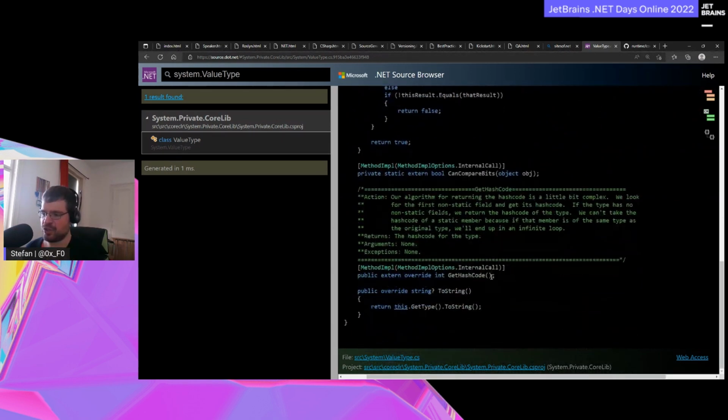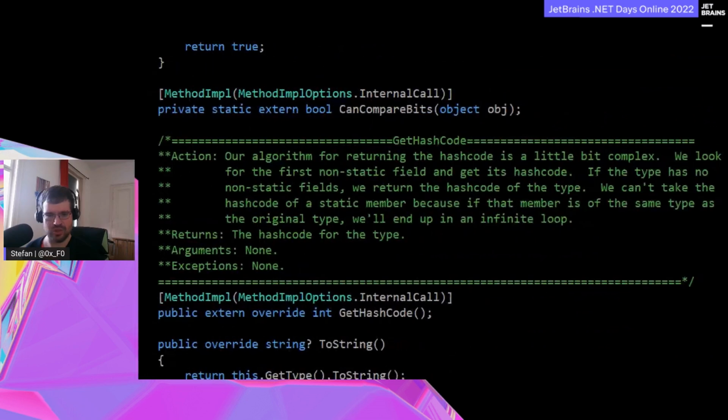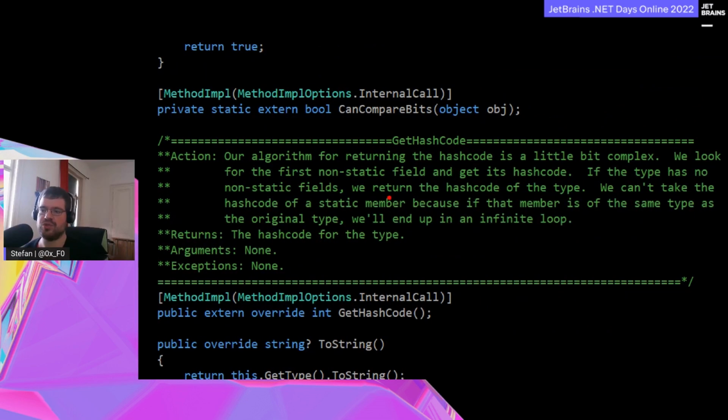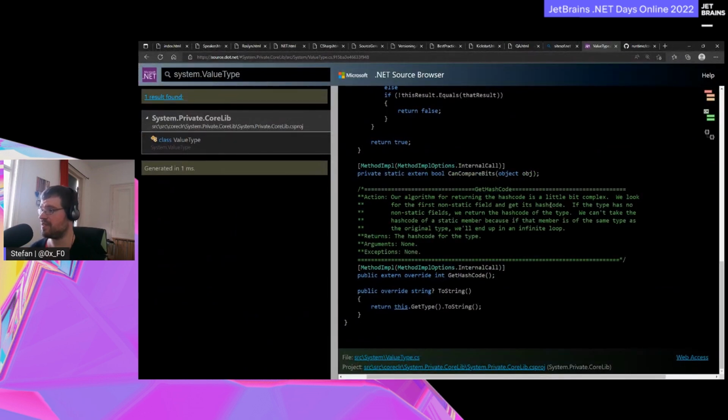And the GetHashCode, if we have a look at it, it actually says this is the current version of the BCL. This may change in the future, but since the algorithm of determining a hash code dynamically is rather complicated, we are only comparing the first non-static field. Now this means in our example,